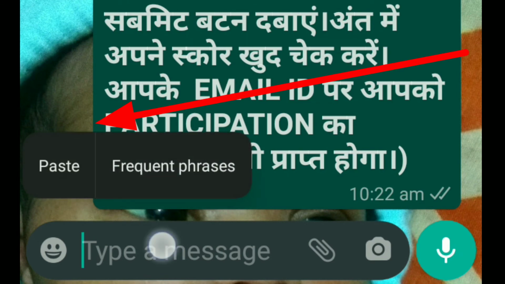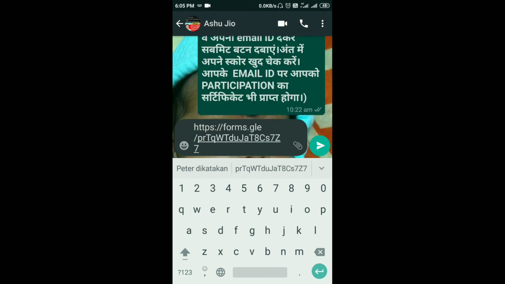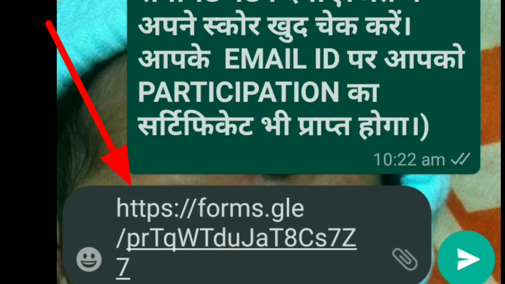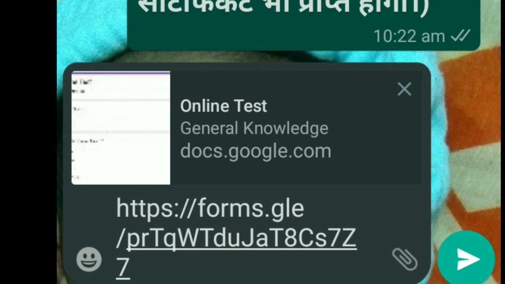One is paste and the second is frequent phrase. Just press on paste, okay friends, and the link is copied here. And if you want to write something about this, you must write here.